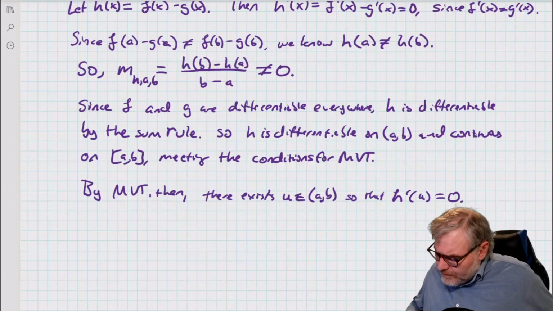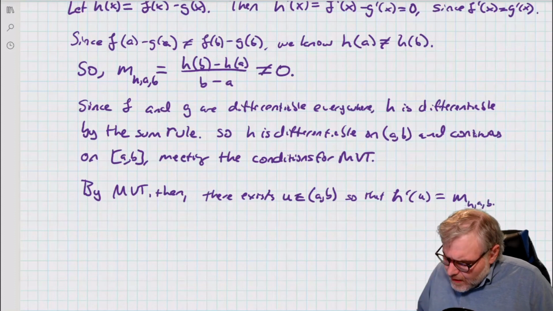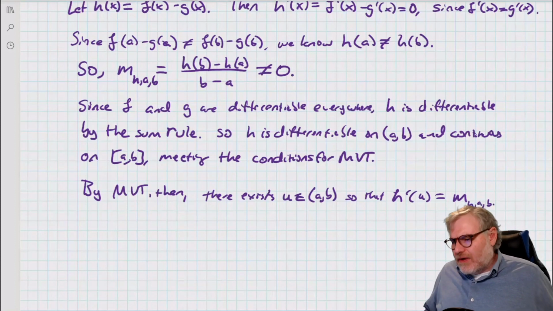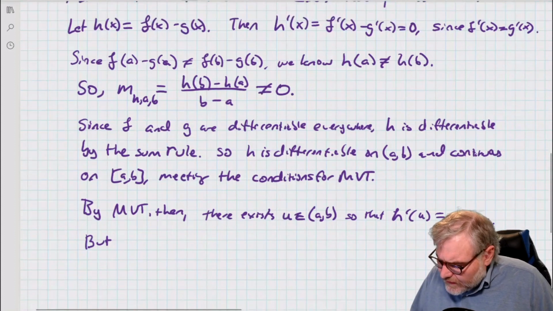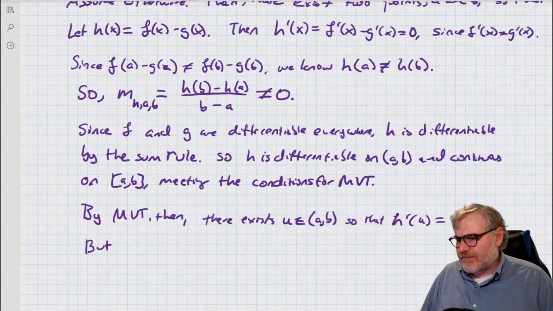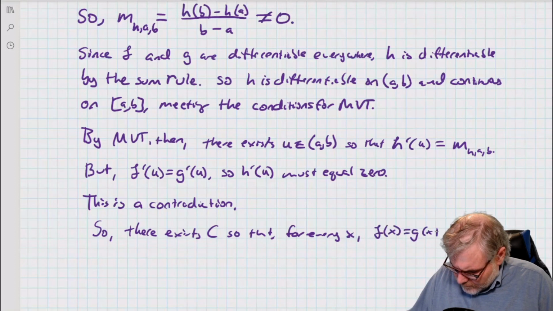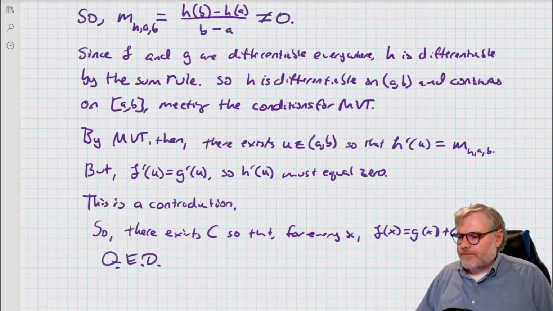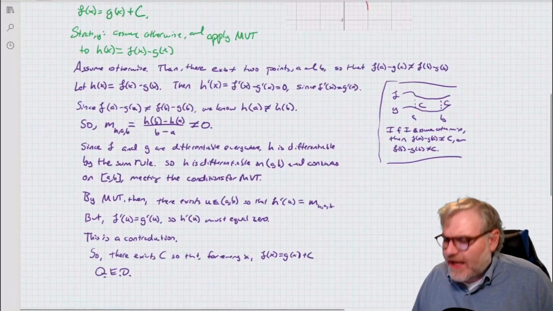Well, I'm sorry, not 0. H prime of u equals M_H,AB. But M_H,AB cannot equal 0. Okay? I'm sorry, but h prime of u equals 0 because f prime of x equals g prime of x. So I come to a contradiction. And that's the proof. So we're going to use this proof later